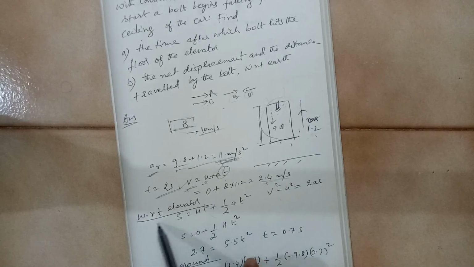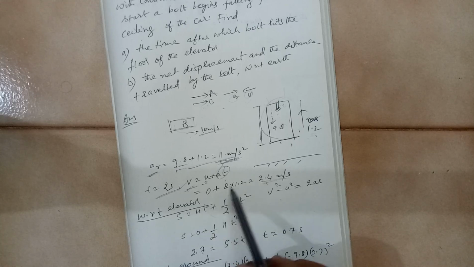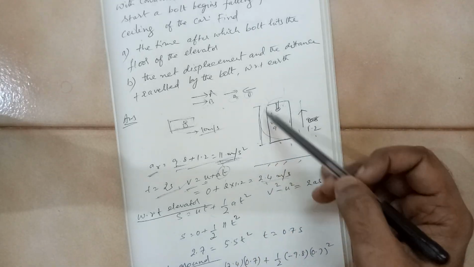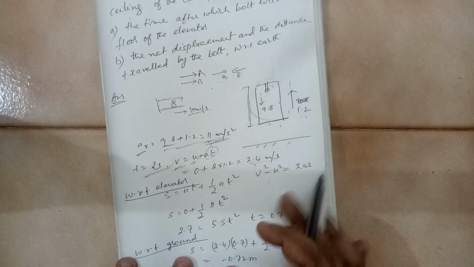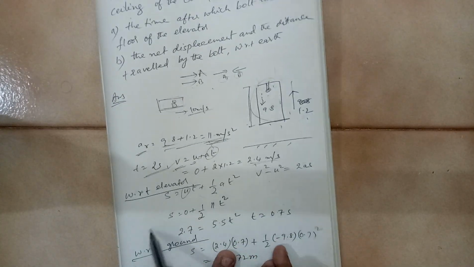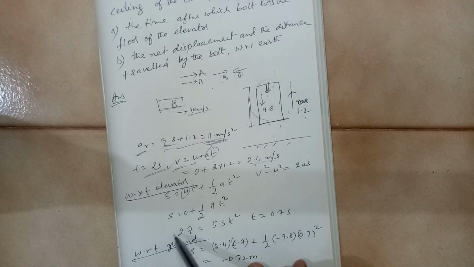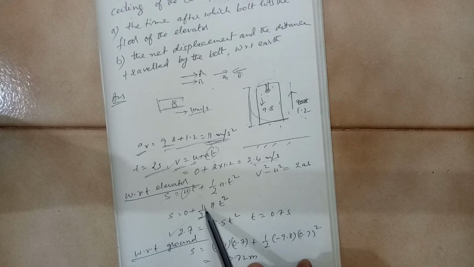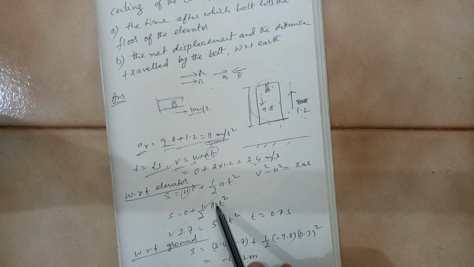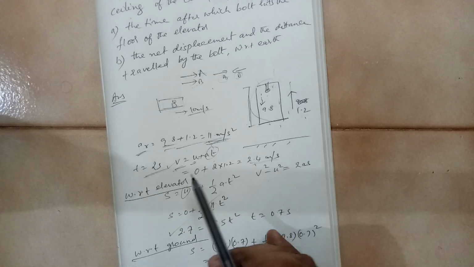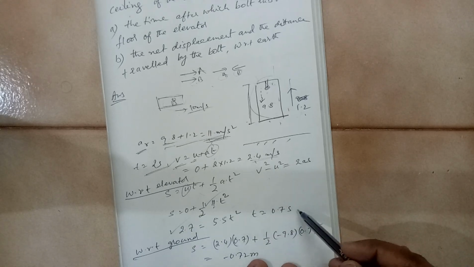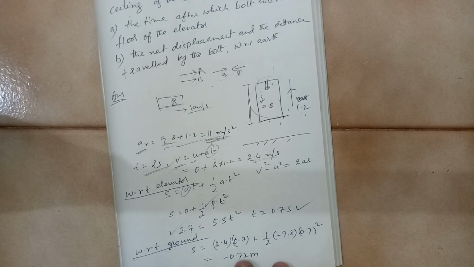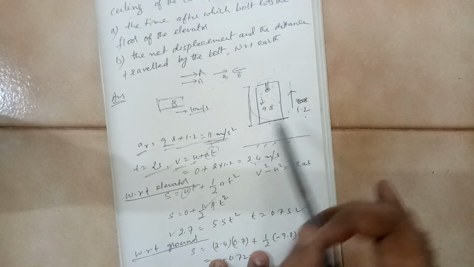So with respect to the elevator, now we will calculate. We have been given the height of the elevator as 2.7 meters. So with respect to elevator, when you calculate, you need to put u is equal to 0, s is equal to 2.7, and acceleration will be 11. Okay, 11 meter per second square is with respect to the elevator. This bolt is falling down. So here you get t is equal to 0.7 seconds. So after 0.7 seconds, the bolt will hit the floor.